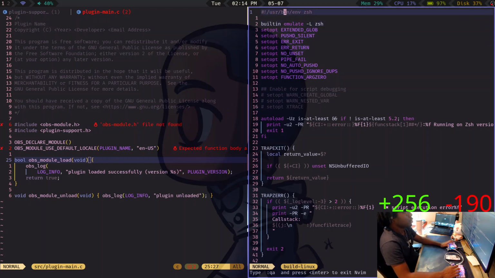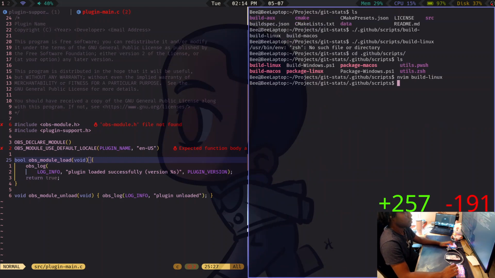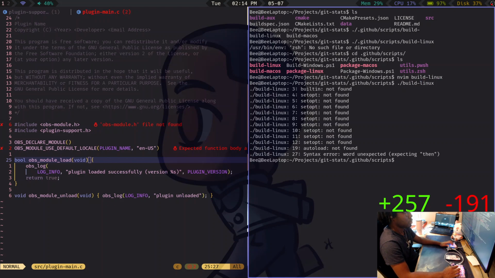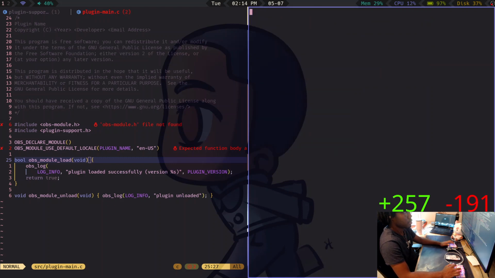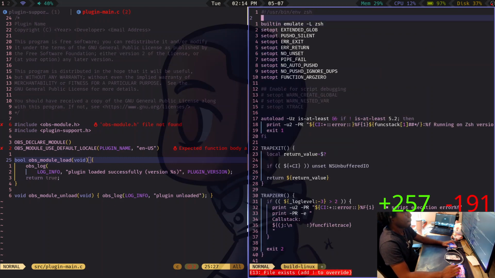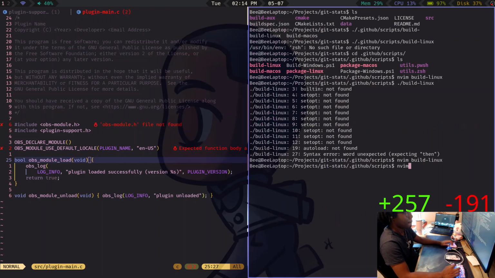I don't think I could just change this, right? Wait, no, it's sh, right? Yeah, that's not fun. What do you mean file exists?